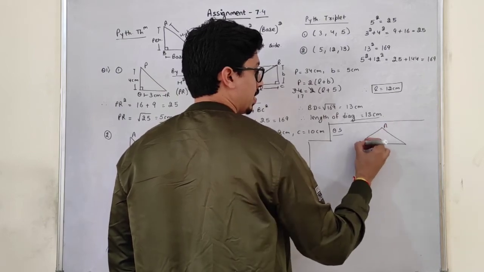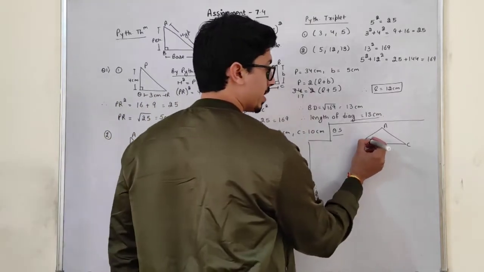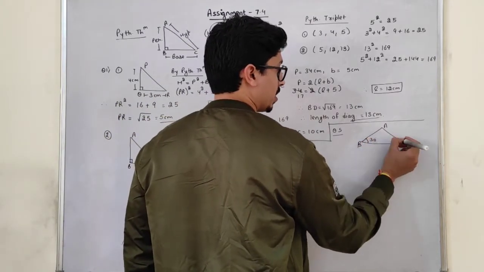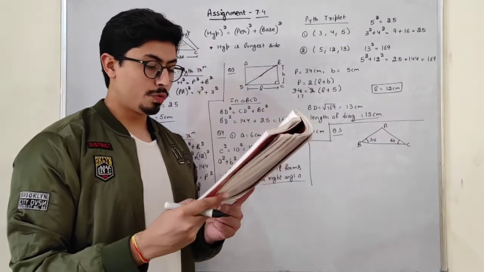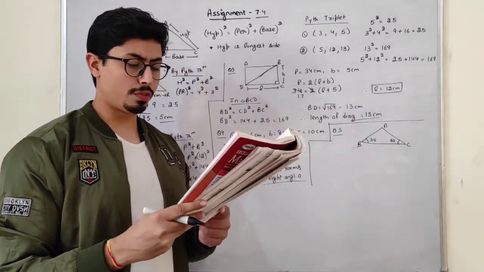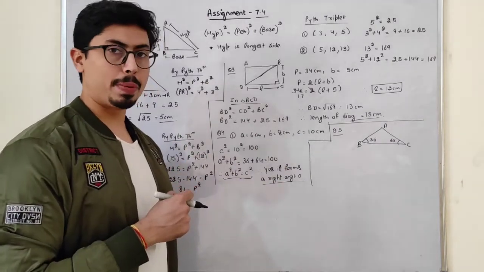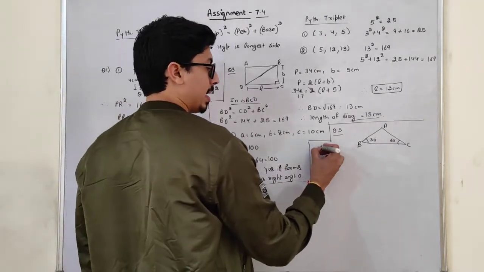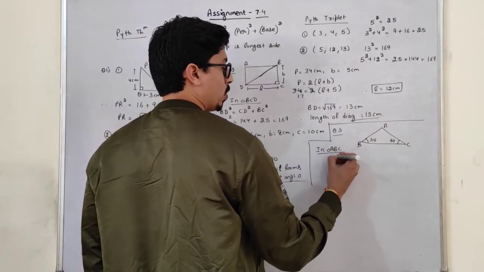This is A, this is B, and this is C, students. This is 30 degree. This is 60 degree, students. Okay. So we have to find out which of the following is true or false. Now, students, see, by using angle sum property of the triangle, in triangle ABC, we know that angle A